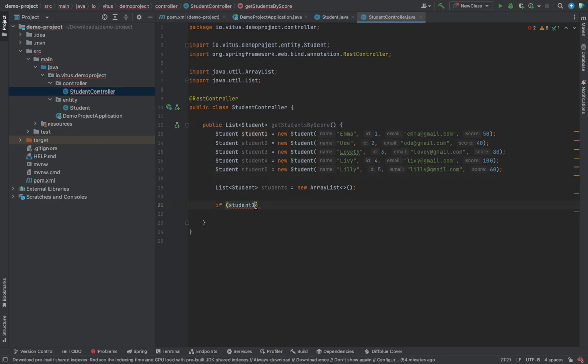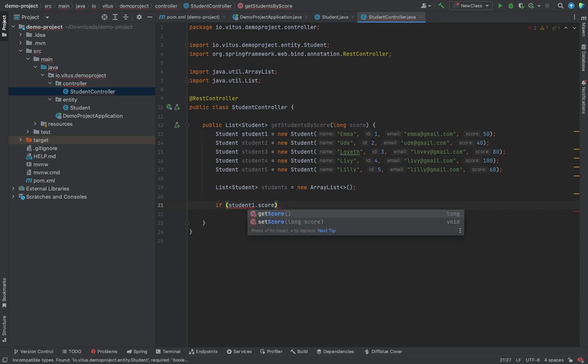So what I could do is if student one. Okay, because I changed this thing, my logic will have to change. Okay, it's still possible anyway. So let's say we have a long, and then the particular score we want to check against. So it's possible that we may want to check for score 60 and get students whose scores are higher than 60. So what I could do is if student one dot get score is greater than score,